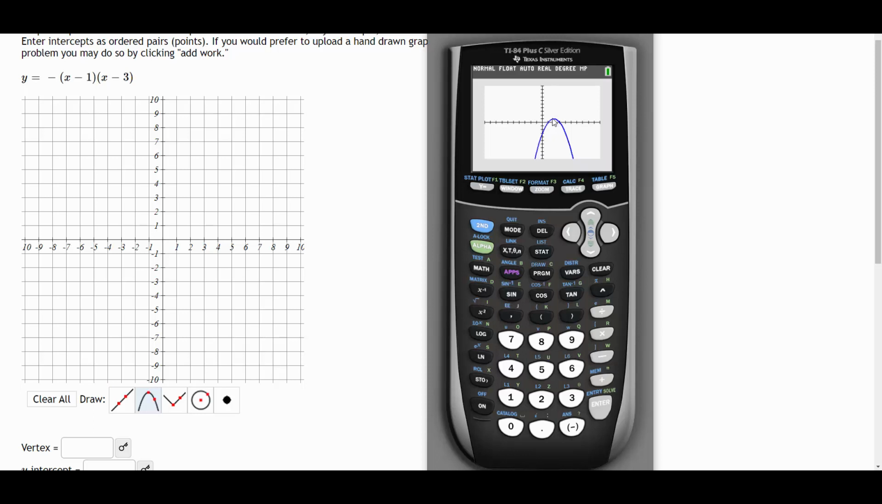So I need this point, and you can kind of eyeball it. So we're going to go 1, 2, up 1. It looks like the vertex is at (2, 1), but I'm going to verify that in my table. So I'm going to hit second, graph, and look for that point. There's (2, 1), and I want to make sure that it's a vertex, so it should be the highest point